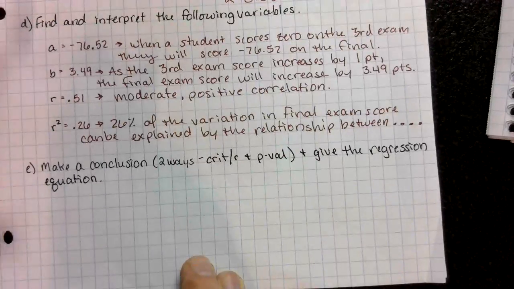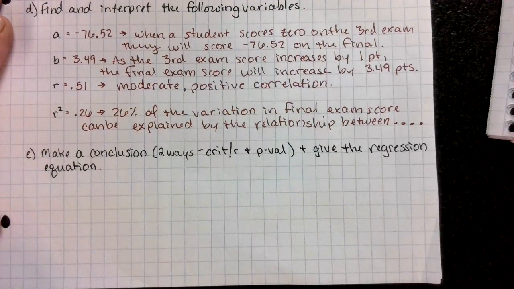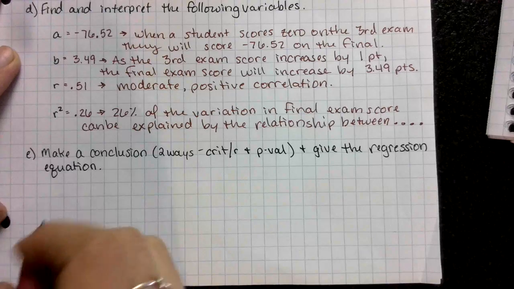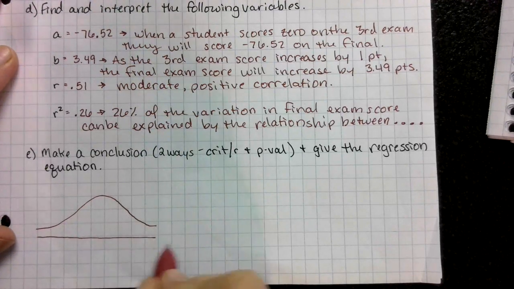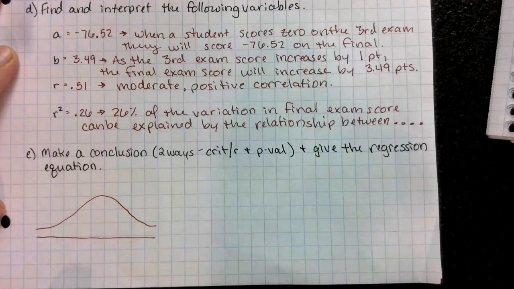So make a conclusion. And we're going to do this two ways. We're going to do basically what was step 3 and step 4, the critical value and r value, and then the p-value. So the first way is with a critical value. So I had posted on